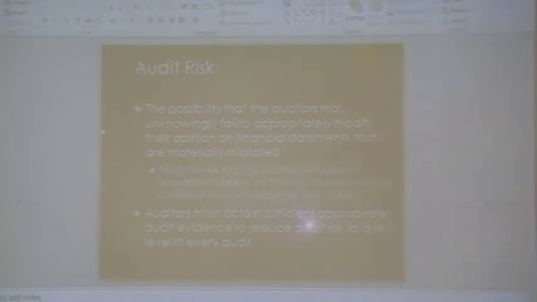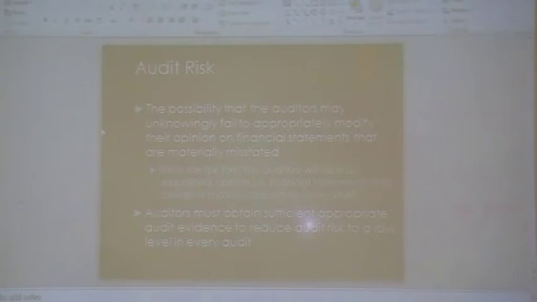Okay, so I'm going to read from this one first and then go through the summarised version as well. So audit risk. What is audit risk? The concept of audit risk means that there is an element of risk during every audit that the auditor will give an opinion which is wrong in some respect. So that's what audit risk is, and just to know the definition for it.